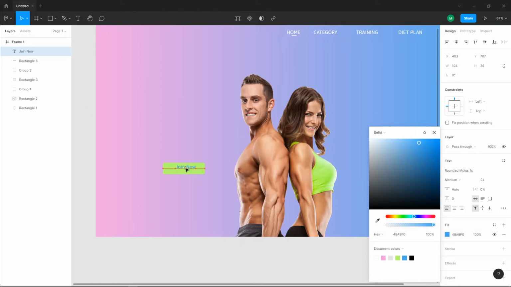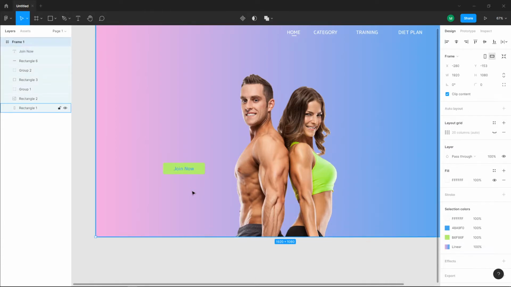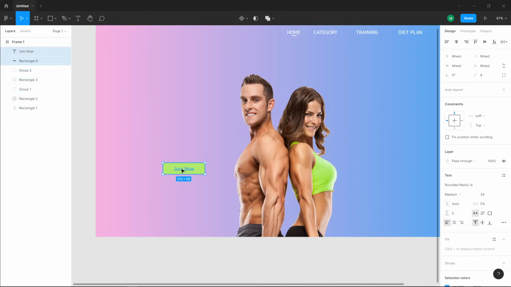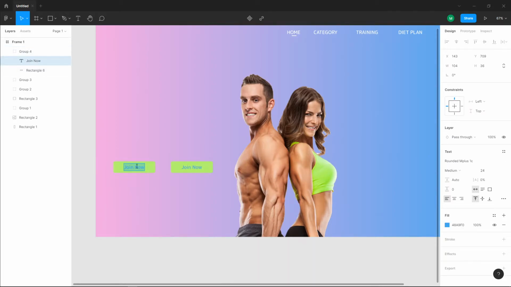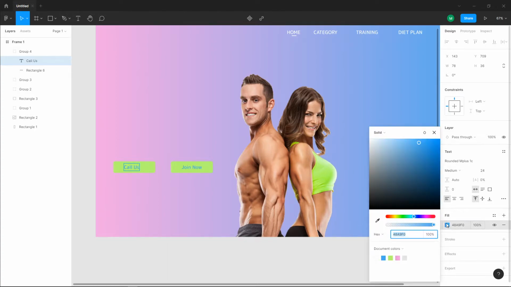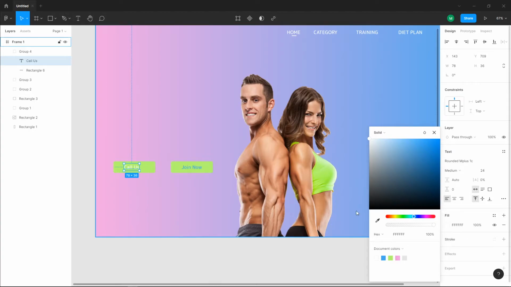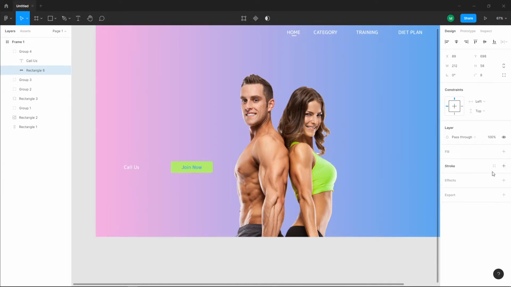Okay, join now. Make sure it's centered like this, and then group the button. So now copy the button and paste it again, and then this one is going to be colors, and then change the font color to white. Double click and then change it to white, and then remove the fill color, remove it, and then give it a stroke, and then change the stroke color to a white